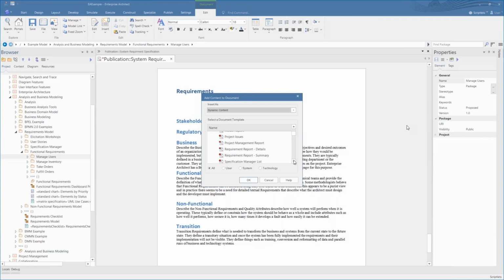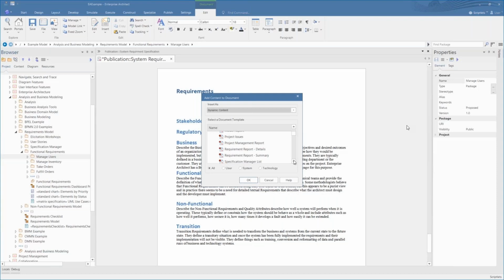Some of the ones listed include project issues and project management report. There are two types of requirement reports. There's one that has details, which provides details about every single requirement in the package, and then there's a summary version as well. There's also a specification manager list and many, many more.